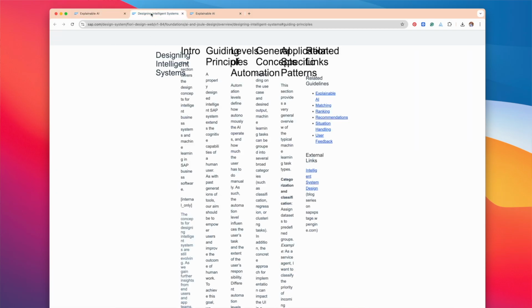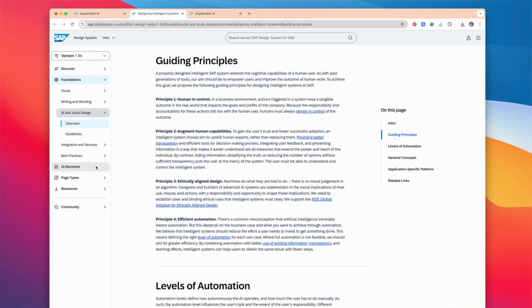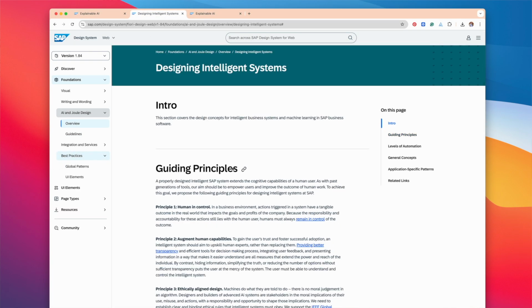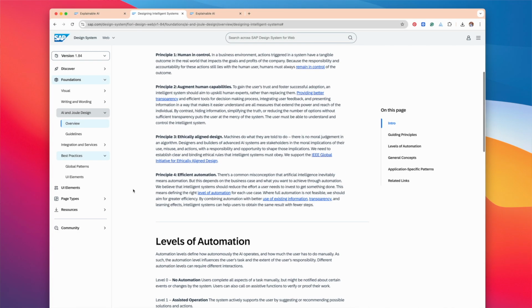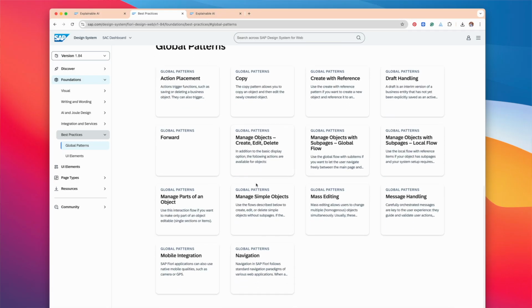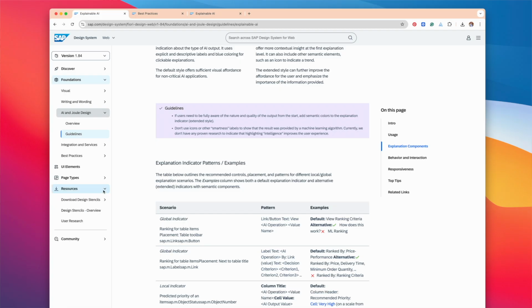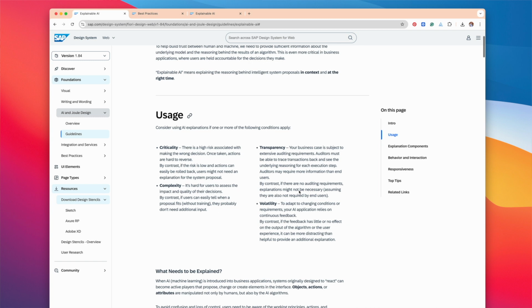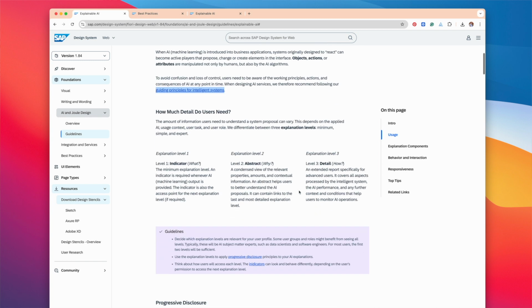This SAP guideline addresses how to communicate AI decisions to users to build trust. It covers progressive disclosure of explanations, confidence indicators, and how to present algorithmic reasoning in business contexts where incorrect recommendations can cause real damage. From the guidance, you will learn that explainability isn't just ethical, it's essential for user empowerment